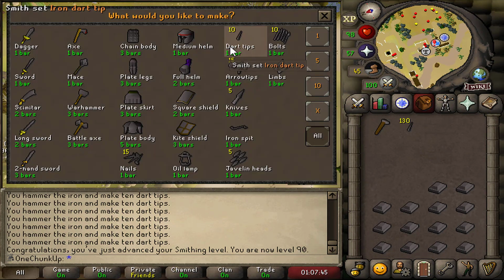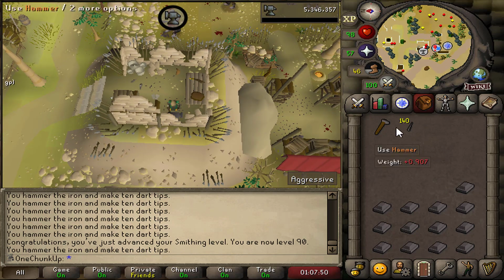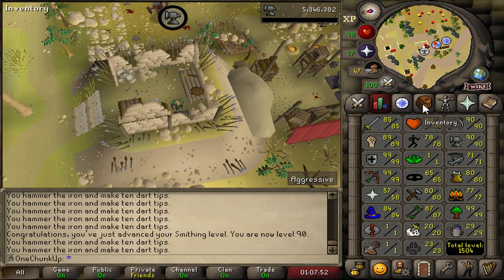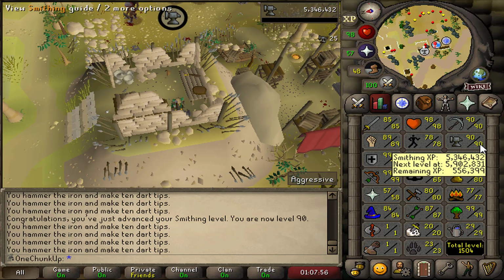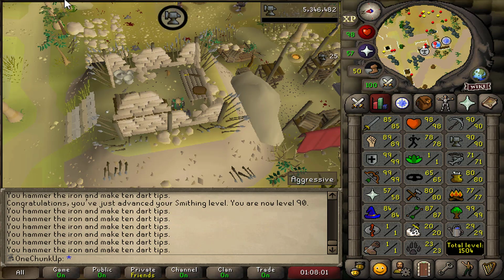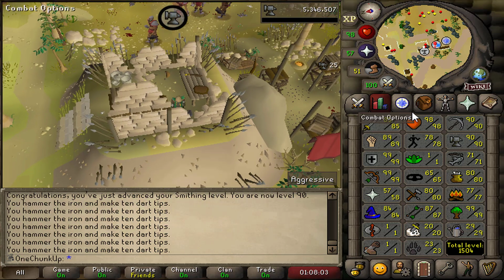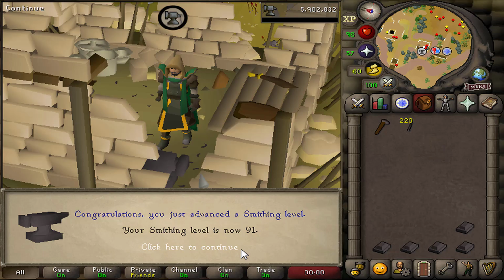God damn it, I missed a level. But yeah, 90 smithing, 5 more levels and we can make the Rune plate. And after that, I'm ready to leave the chunk. I still need one Giant Foundry reward, the Colossal Blade, but I should get that in no time. I get points pretty fast. Here we go, 91 smithing, and that means...